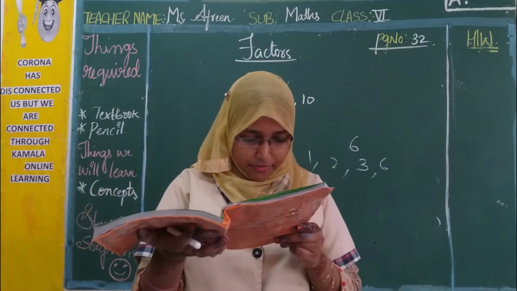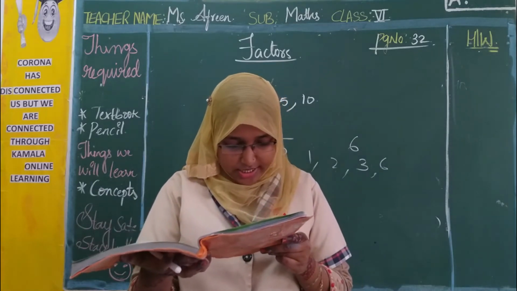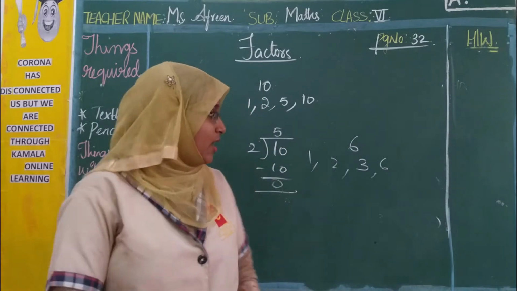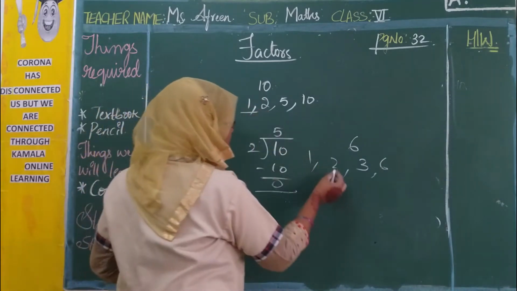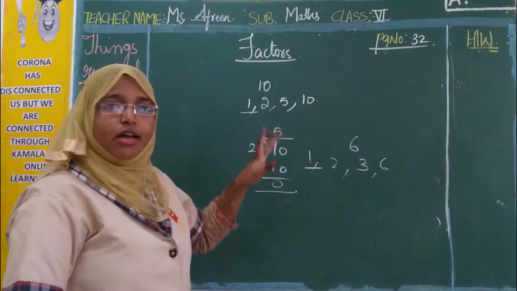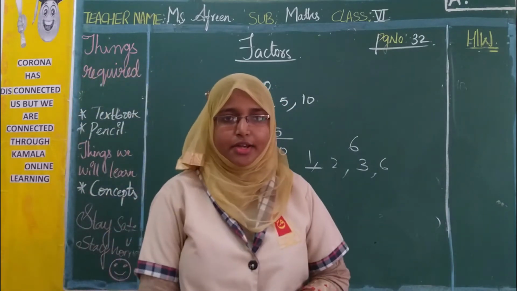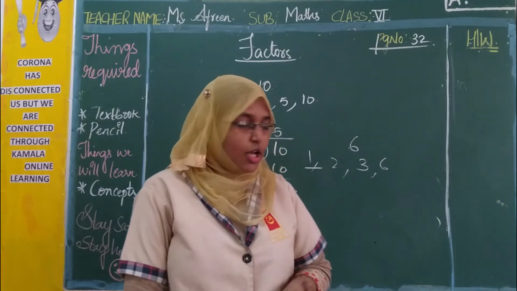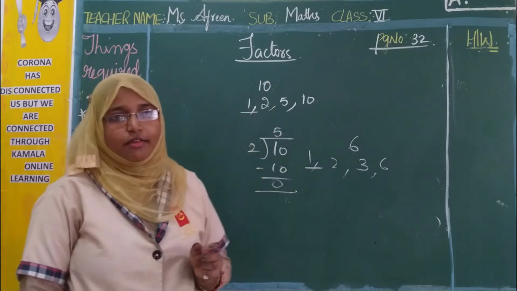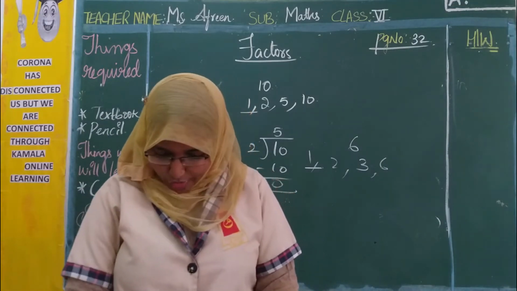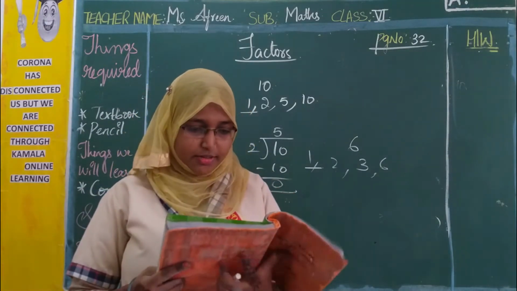So in the above tabular form, from the above table, we can notice that 1 is a factor of every number and is the smallest of all factors. If you see, 1 is a factor of every number. Whatever number you are taking, 1 is also a factor of that given number. See, if we multiply 1 by any number, we will get the same number, right? So 1 is the smallest factor and it is a factor of every number. Next, point number 2, you have on page number 33.